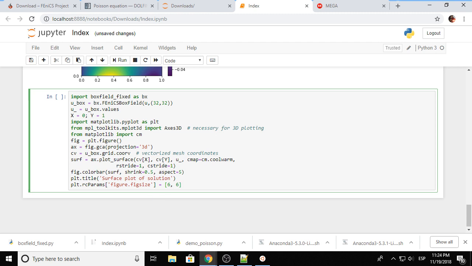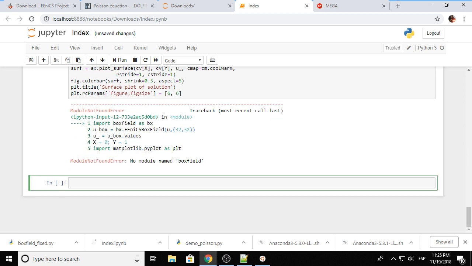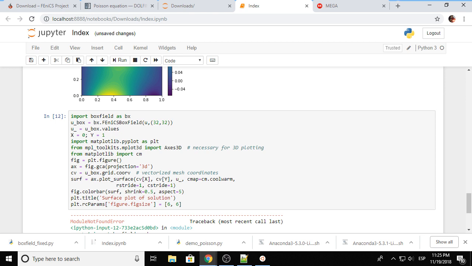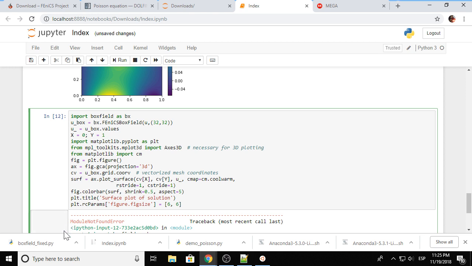But what I want to show you is that BoxField is a library from Phoenix, but it's outdated. I updated the library myself, and with BoxField you were able to do this before. This is the BoxField that was from Phoenix, and now it says that there is no module named BoxField. Since there is no module anymore,